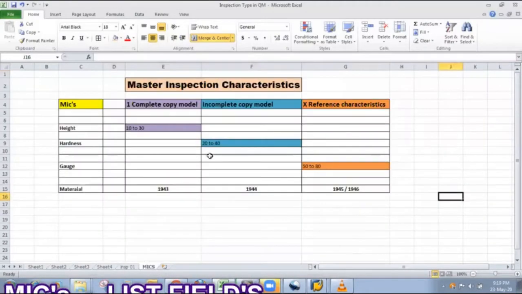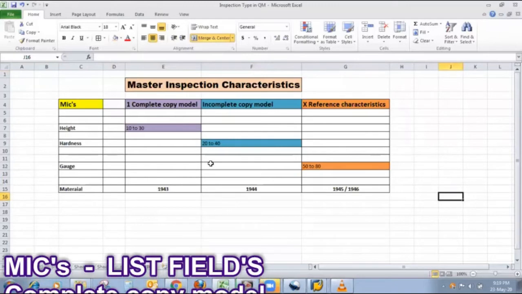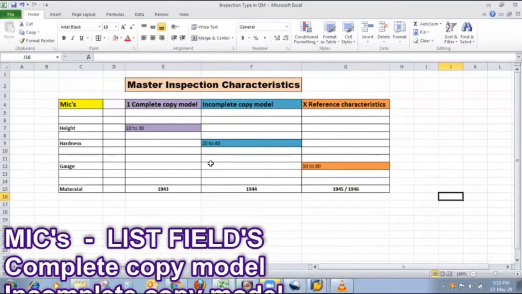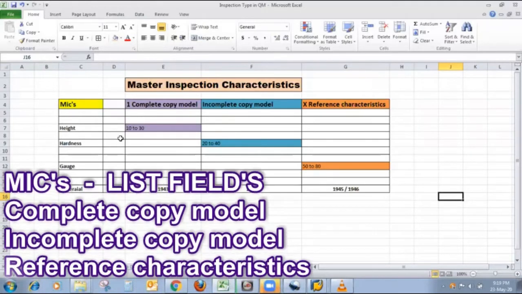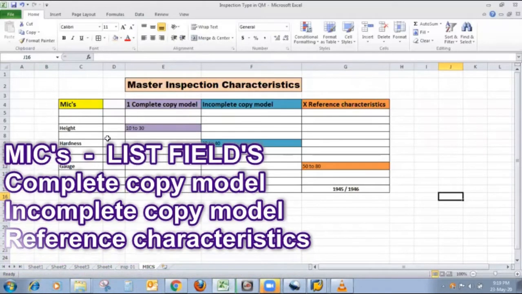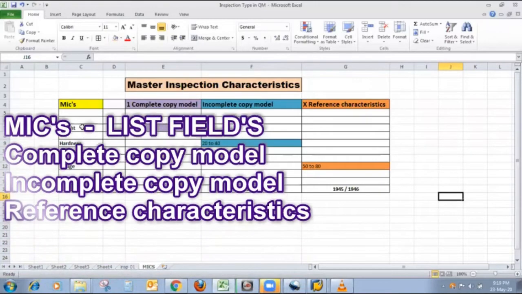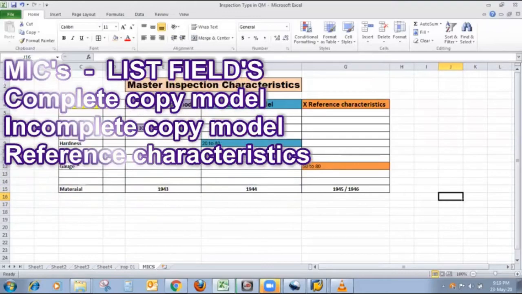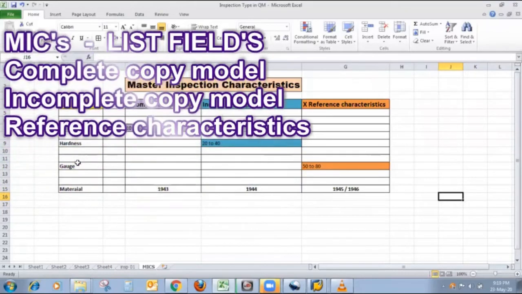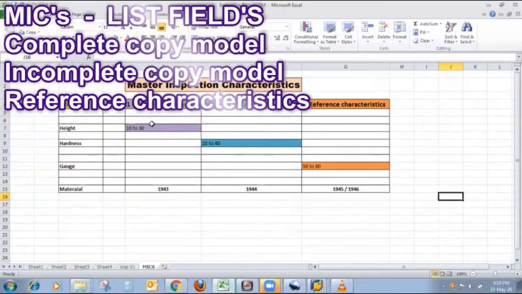As shown on this master inspection characteristics chart, today I made three MICs. The first MIC is height, the second is hardness, and the third is gauge. In height, I made the complete copy model.